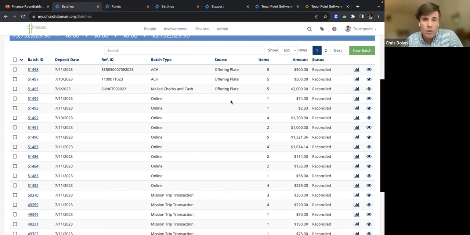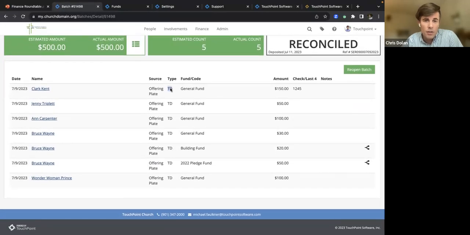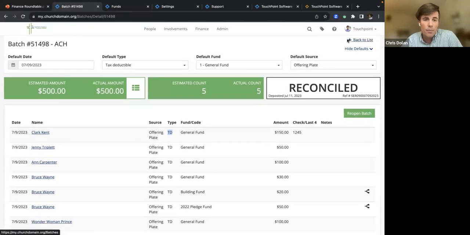What you should note, though, is that as you're processing those, you'll be able to clearly see which ones are tax deductible versus non-contributions. Even though they're commingled in the batch, if you're running a report, like the batch reports I was just showing you, it will show the account code as opposed to the fund for those non-contribution items.